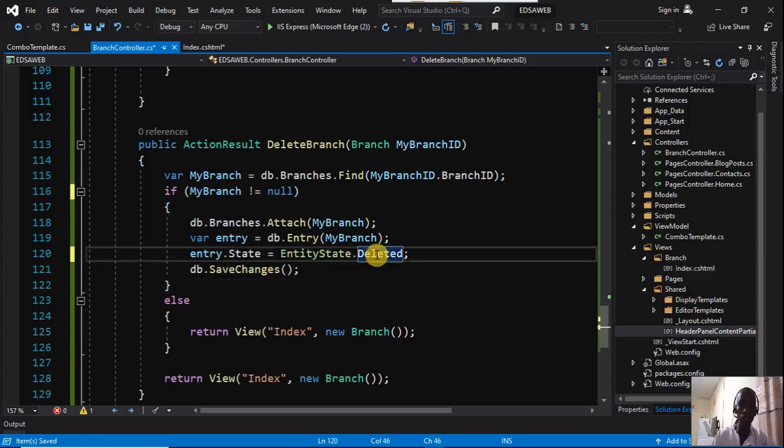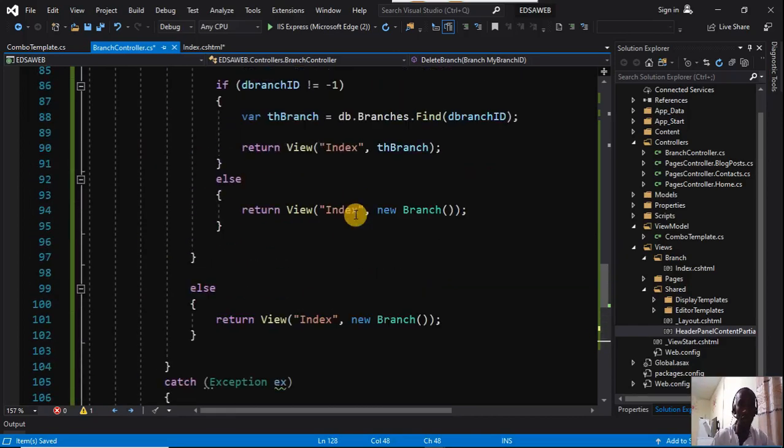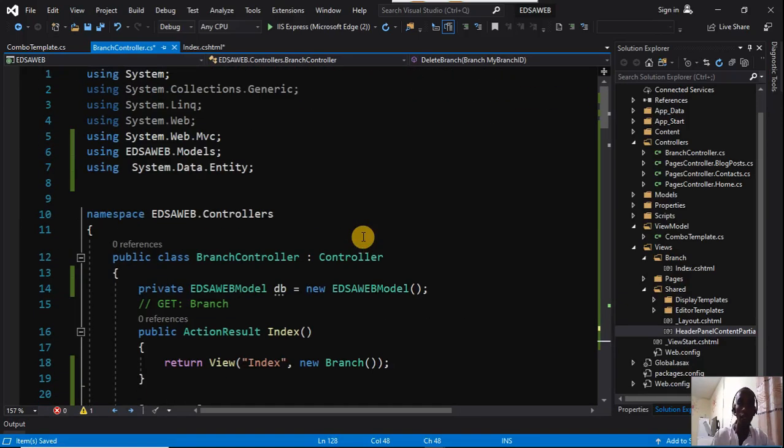Then just change the state to delete. They say save changes, you know. Return from the index. You know, see, then in case anything happens, maybe it freezes or something happens, the else statement doesn't work, still return from the same index, like to a normal state. Now, this is the delete functionality, where it works with the front end, and Alhamdulillah,